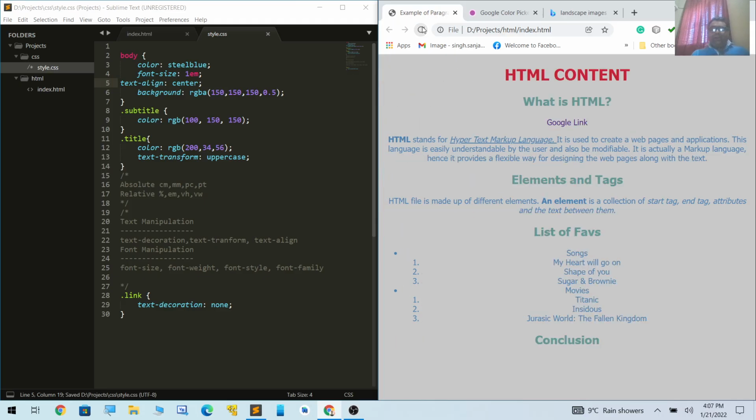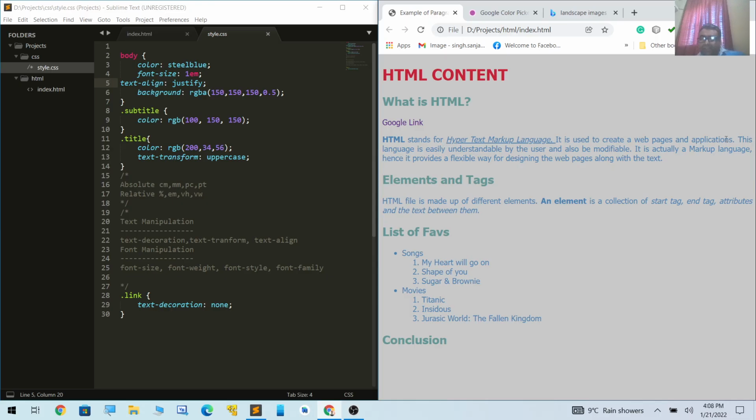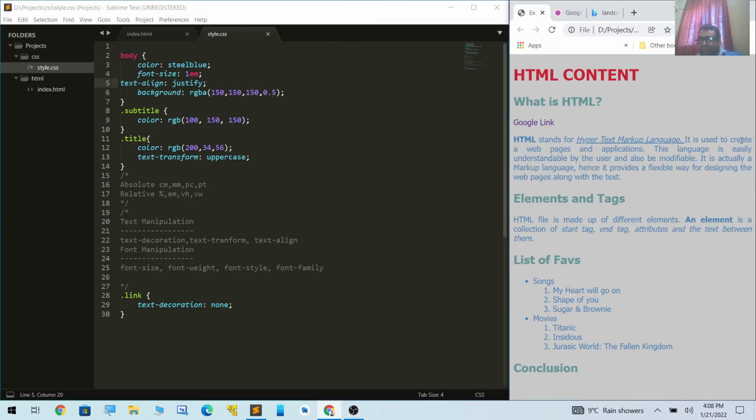But the particular option which I would like to discuss here is not center but is justify. Now justify is something like all the text will appear using the complete width of the container. So in the previous section, you might have seen that language, this comma might have been somewhat in the left hand side. It is not utilizing the complete length, but now it is, and this will be for each and every content. For example, if I minimize, automatically you will see that the whole width of the content is being